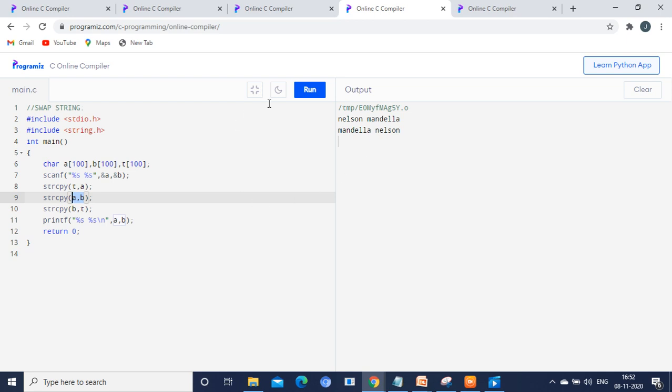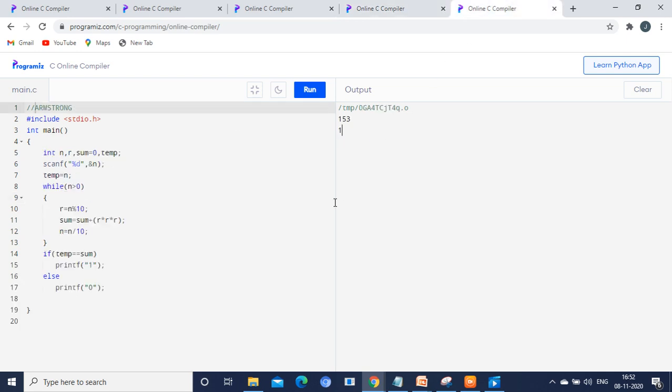Clear? Okay, this is the fourth program, and the fifth program is Armstrong number. For Armstrong number calculation, I have already uploaded a video. Again, I am explaining, I am giving the number as 153. You need to calculate the cubes of individual digits and sum them up. After summing it up, you just check whether the obtained value is equal to the original number. 1 cube plus 5 cube plus 3 cube is 153. So it is equal to the original value. It has to return the output as 1. So this is the concept behind Armstrong number.